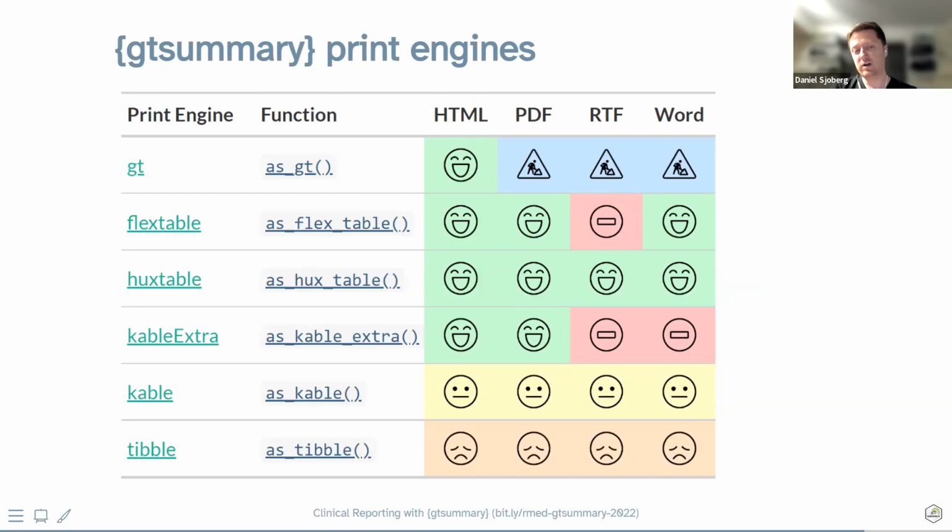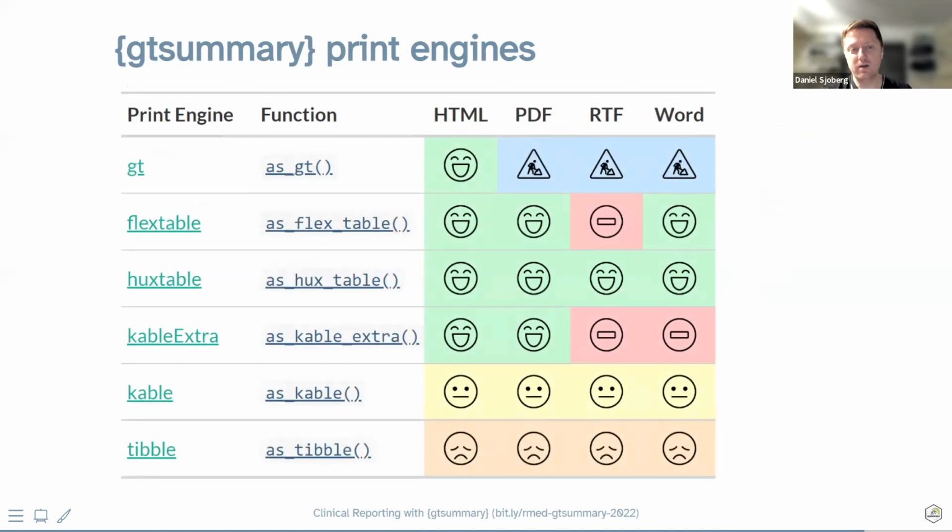So for many years, whenever I needed Word output, I always used flextable. Whenever I needed PDF, I was going to huxtable. We also have via huxtable an engine to go directly to Excel, for example. kableExtra is very popular for PDF as well. kable is nice, but kable doesn't have all the full features, like no footnotes. It doesn't do spanning headers. It doesn't indent. So that's why it gets that little face. Whereas those joyful green faces look a little bit nicer, I think.